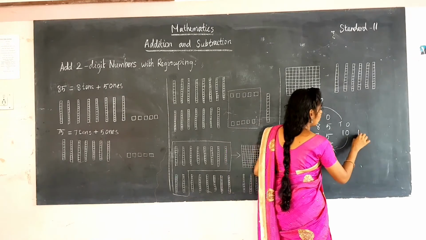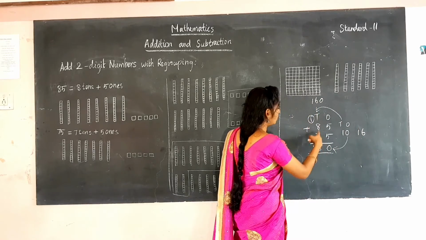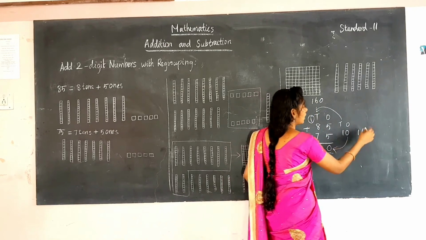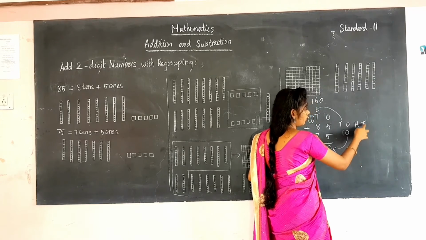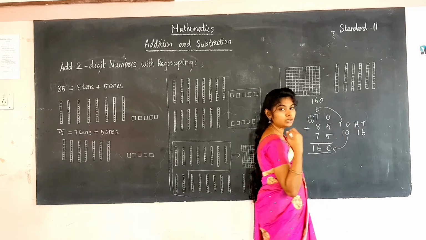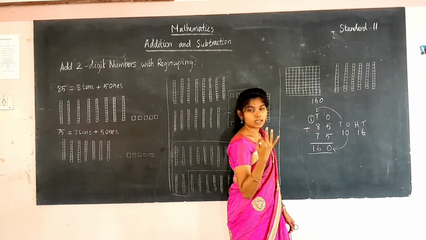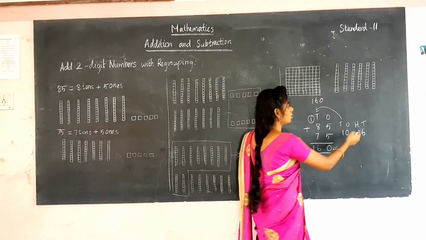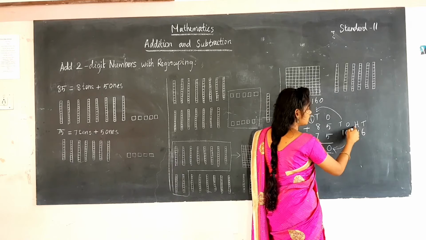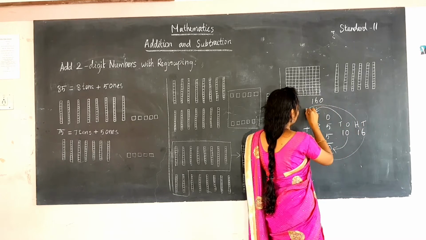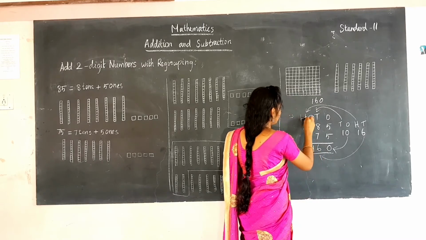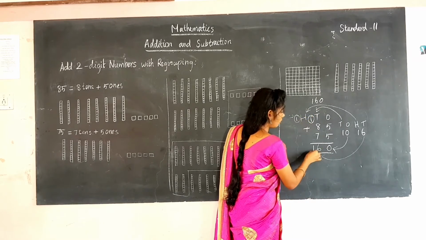So you can write outside, and where we have found in the tens place, you have to write the tens and then you have to write hundreds place. Tens place after hundreds place, you know the 3-digit number, you know 3 places, ones, tens and hundreds. So here after tens it's hundreds place. So take 6 to the tens place and take 1 to the hundreds place. Write hundreds place and write 1 and take 1 to the down.